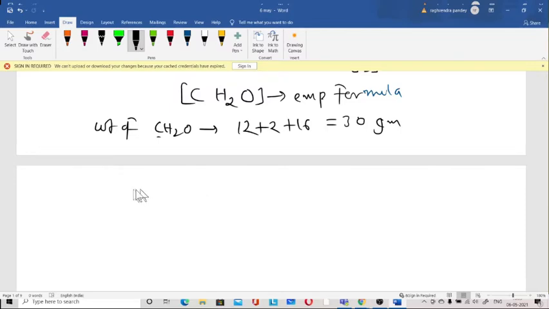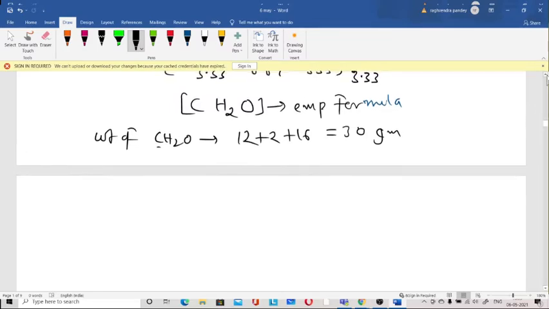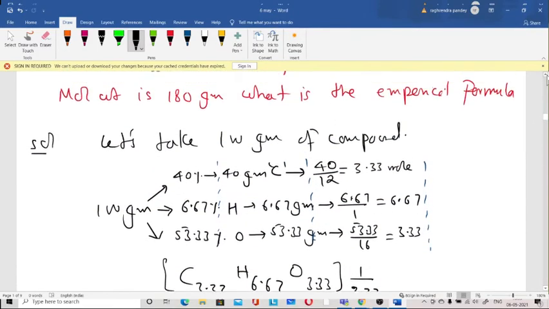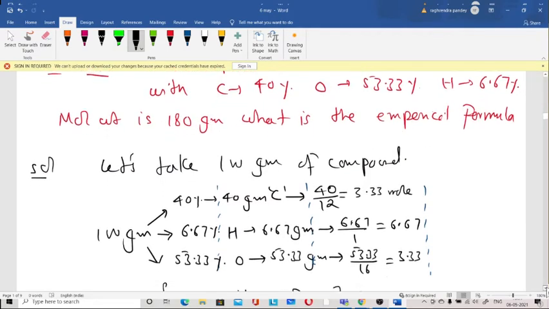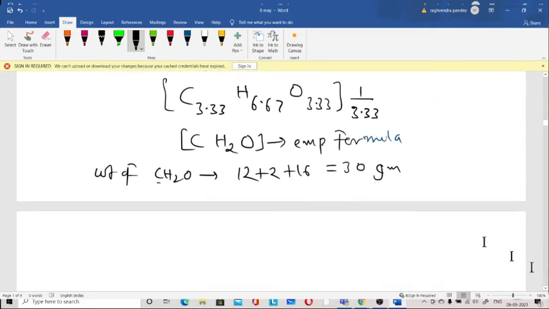Then, okay, I gave you the 180 gram, that is your glucose. Okay, molecular weight is 180. What is the empirical formula? So we already calculated. Sometimes they ask you to calculate the molecular formula, because you know that the molecular formula of glucose is C6H12O6, but after calculation of the weight of the empirical formula, we can find the molecular formula. So how to find the molecular formula? Suppose you got the weight. Okay, weight is there in the question.